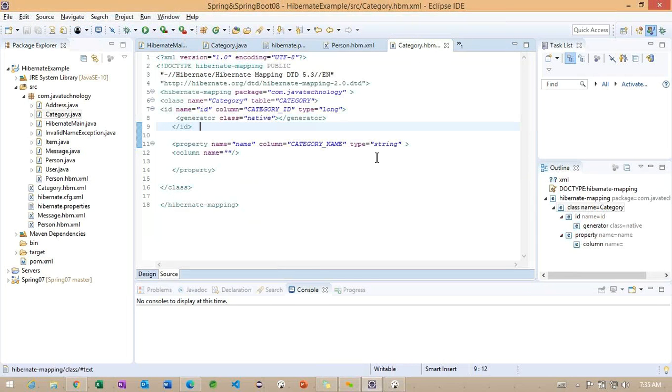Observe here. Whenever we are going to work on this particular mapping here, let me make it here.